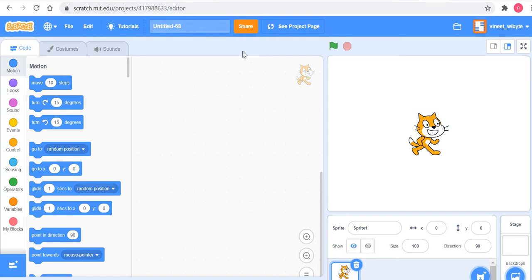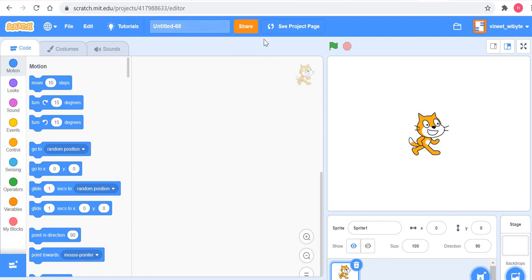If you are not seeing this button for whatever reason, it means that either you are not signed in, in which case your name should not be here either, or you are signed in but you have not yet set up your account for sharing, which means that you have not yet responded to the email that comes from Scratch to your inbox which says verify my account. So please take a look at the video which explains how you set up your Scratch account, and make sure that you are seeing a share button here.